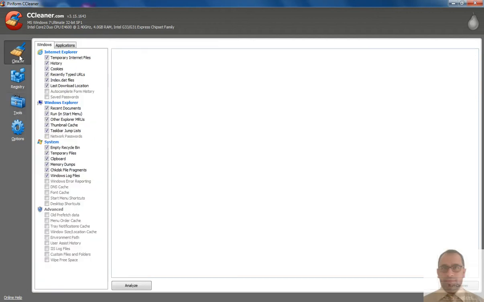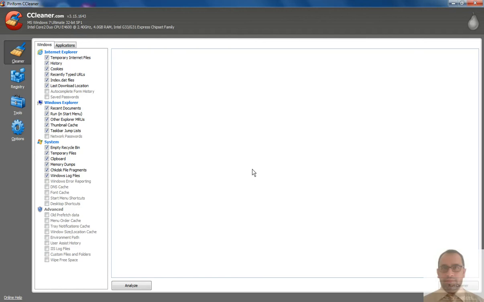The cleaner is the best option for cleaning all the temporary clutter, the temporary files that the computer has accumulated, the unnecessary garbage which is there on your computer.